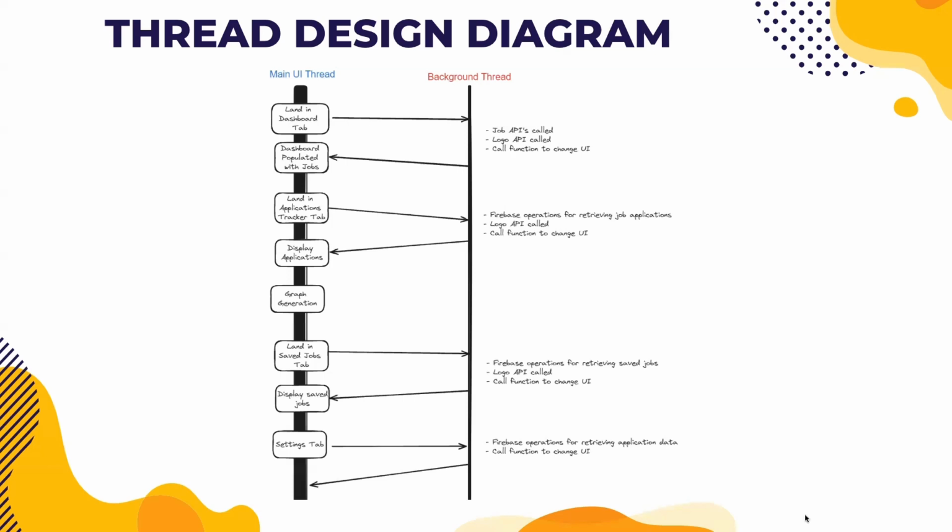If you were to try to view the graph to visualize your application status, that does not actually send a request to any database at all. We tend to pass data around between fragments in order to minimize the number of external queries we have to make. If you then go to your saved jobs tab, where you could, for instance, save a job listing that is available but you haven't yet applied for,